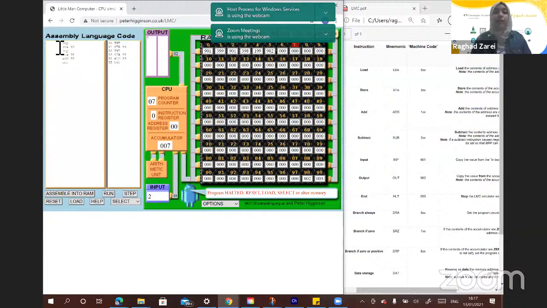All right, let's try another example. Let's say we want to give the CPU two numbers, and we want it to tell us the difference, which number is greater. How you can do that is by the following. Now, I want you to think with me, work along with me.